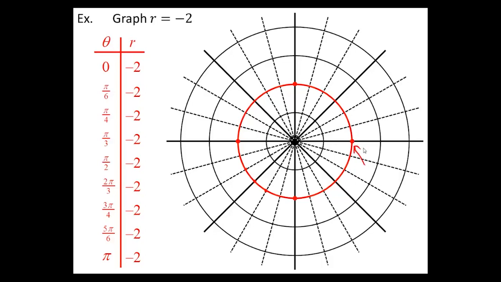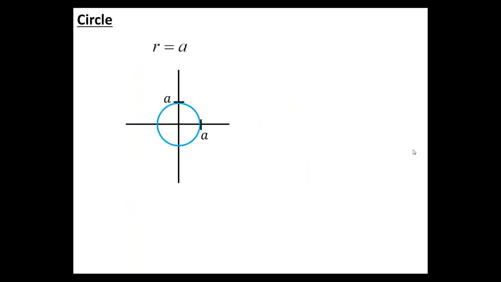When r equals positive 2, this was my starting point. When r equals negative 2, this was my starting point. But on both of them, I graph them in the same direction. Alright, because no matter what polar graph I'm drawing, it will always graph in a counterclockwise direction, because of course the positive direction for angles is counterclockwise. So just by making it negative, it doesn't reverse the direction, it just changes the starting point to the other side of the graph. So in general, I can say if I want to draw a circle in polar, I